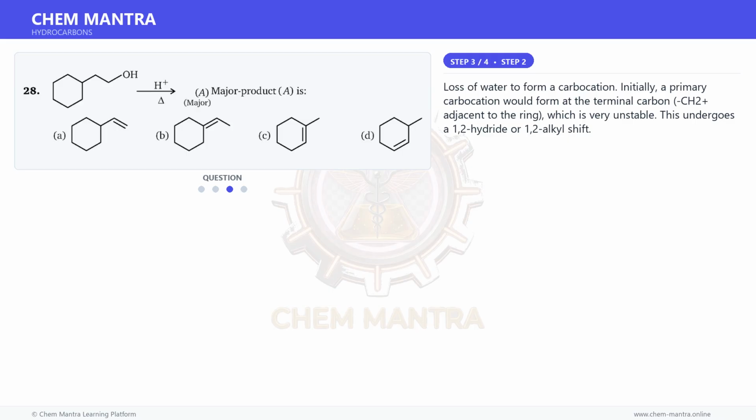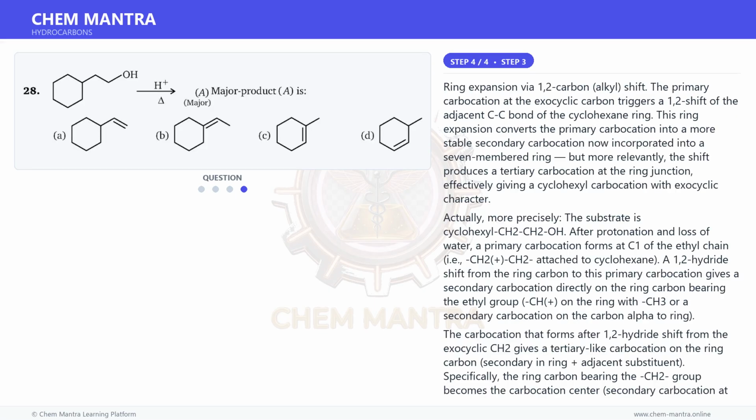This undergoes a 1,2-hydride or 1,2-alkyl shift. And for the final step, ring expansion via 1,2-carbon alkyl shift. The primary carbocation at the exocyclic carbon triggers a 1,2 shift of the adjacent C-C bond of the cyclohexane ring. This ring expansion converts the primary carbocation into a more stable secondary carbocation now incorporated into a 7-membered ring, but more relevantly, the shift produces a tertiary carbocation at the ring junction, effectively giving a cyclohexyl carbocation with